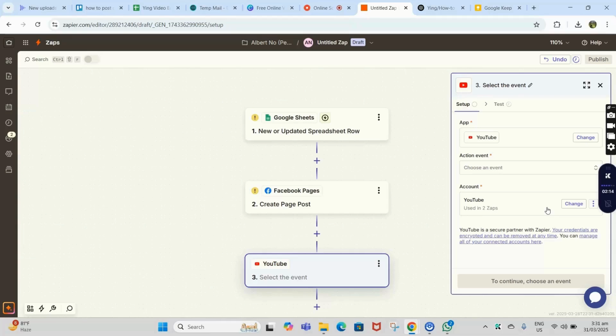All right, now you know how to post on multiple social media platforms at once using Zapier,